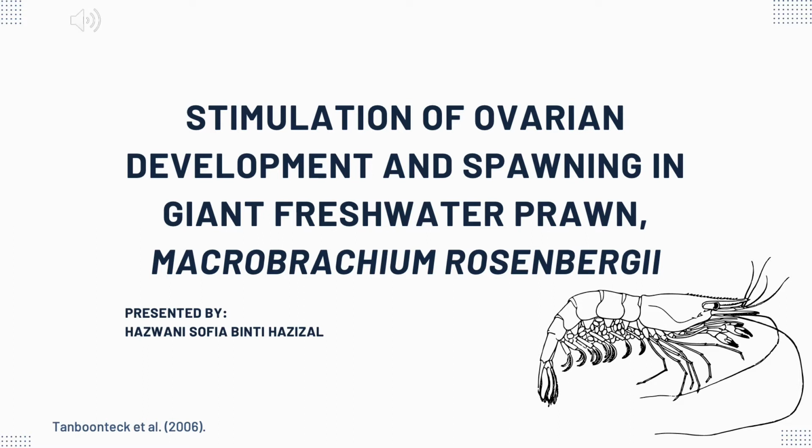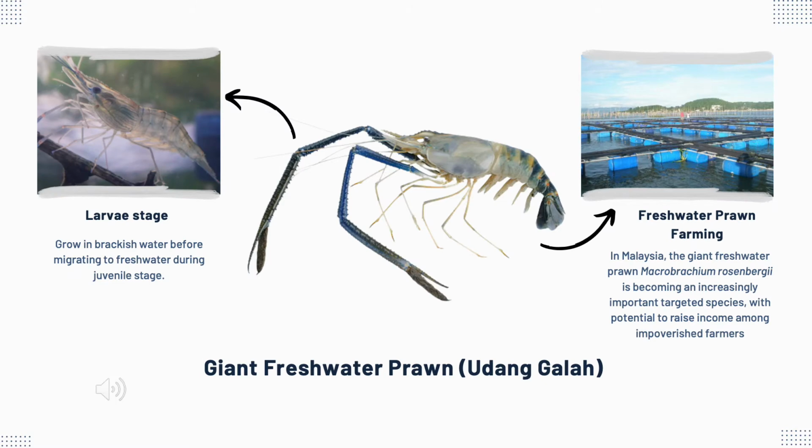So, my topic for this morning is based on stimulation of ovarian development and spawning in giant freshwater prawn, Macrobrachium rosenbergii. This topic was obtained and cited from a journal paper by Tan Buntek et al. in 2008. The giant freshwater prawn is well known as udang galah in our country, and most Asians love to